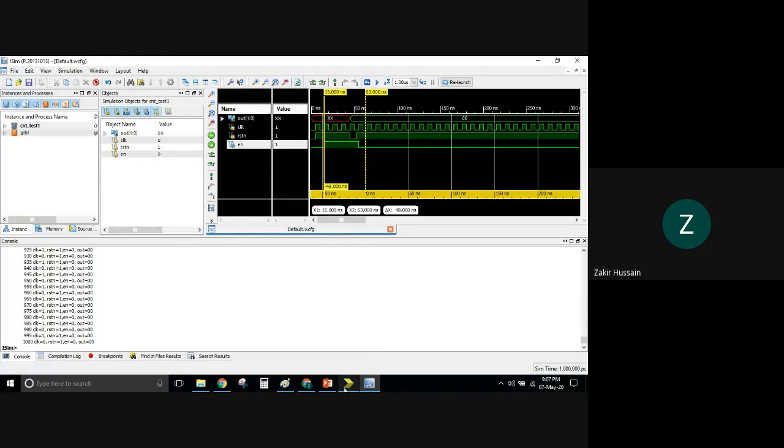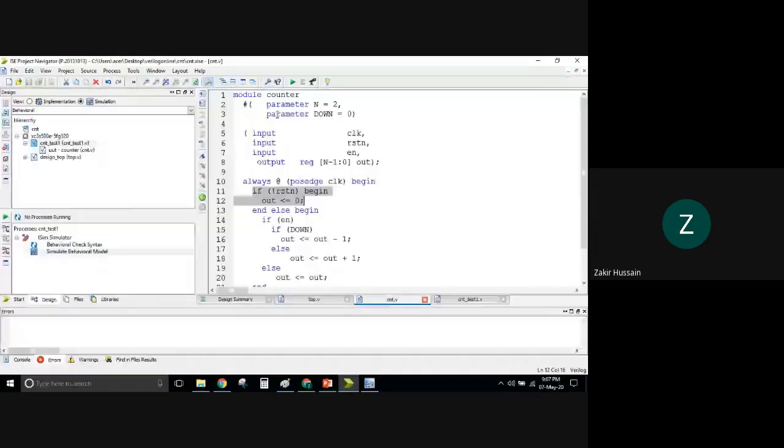X is happening because in your declaration of this code, this out, since you have declared it with reg, the default value of this out will become whatever value the compiler dictates for the reg.